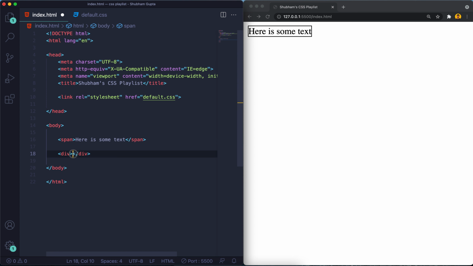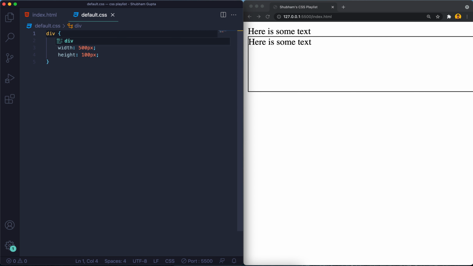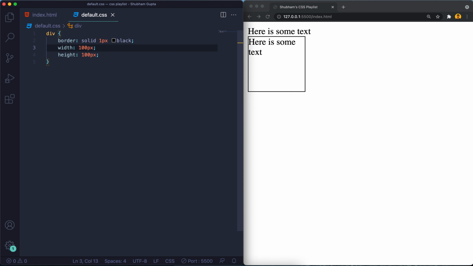Here is my content, and it is the div. Instead of span, what I'm going to use is div. Save it, and it will take my width and height. So if I give the width also 100 pixel, that will wrap my text down the item. So do you understand now what the difference is?